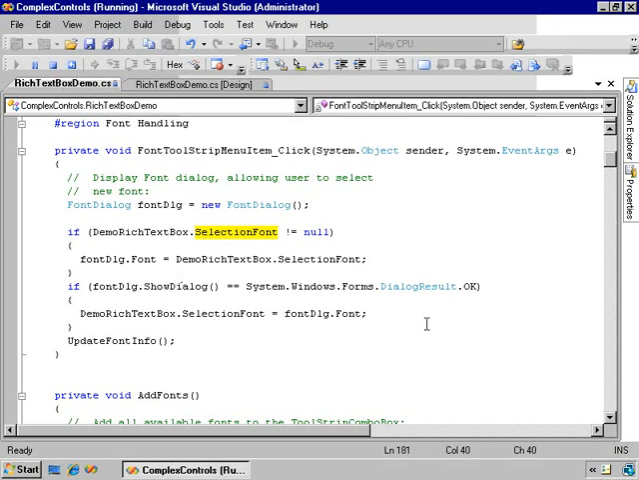We then show the dialog. If the user clicks OK, we take the font out of the dialog and put it back into the selection font. Now we've updated the rich text box. We haven't updated the menus, that is the combo boxes on the tool strip. And in that case, we call update font info, which you've already seen, which updates the two combo boxes on